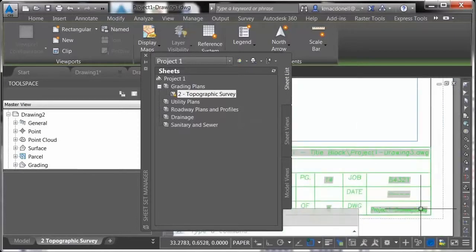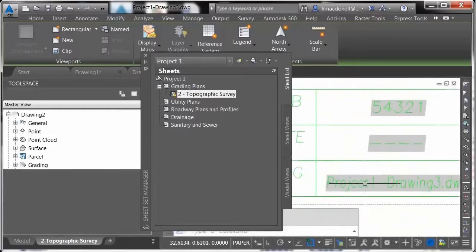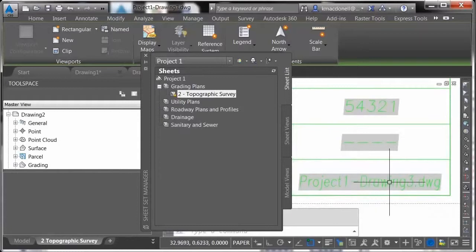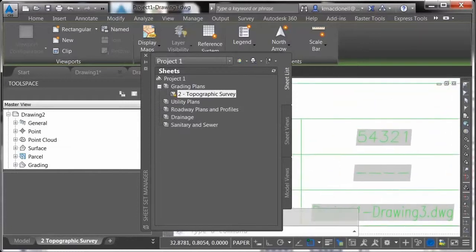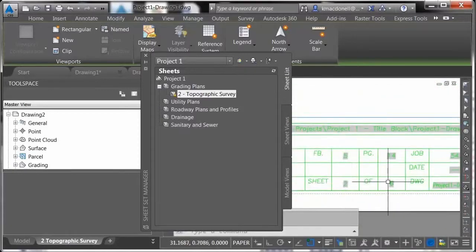Now let's take a look at some of the automation that takes place here. In the title block, you can use some system variables. I know it sounds like a big word, but simply like the drawing name. You could have that located on your sheet. Sheet numbering is a big deal. So let's say that this is going to be sheet number 1 of, and then the total number of sheets. So in this case here, if we had several sheets,